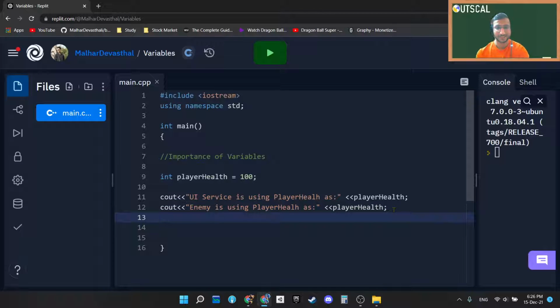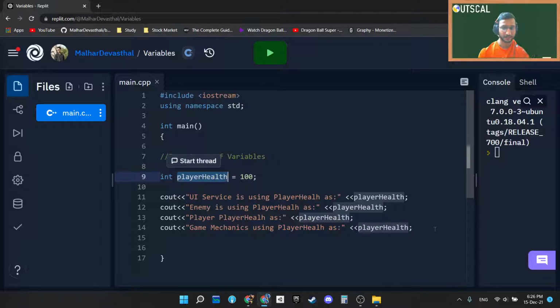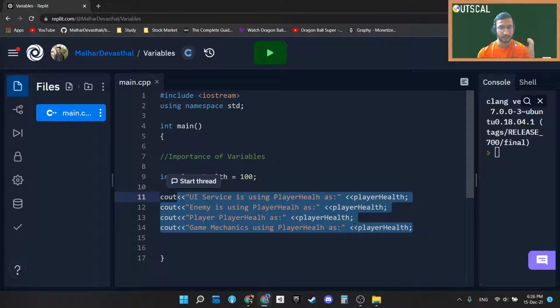Player might be accessing it as well to check the death condition, whether the player is alive or not. Player might also be accessing the player health, as well as some other game mechanics using player health. So basically what I want to cover in this point is, this is a single variable used by many other services, many other things, many other places.